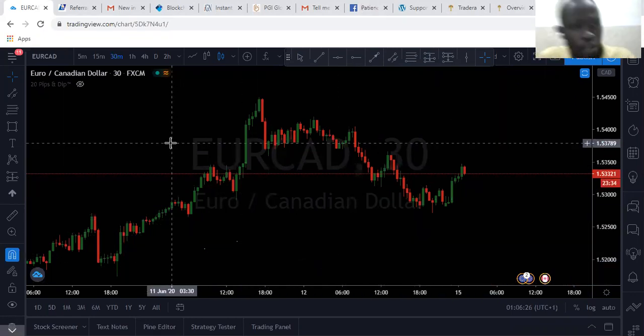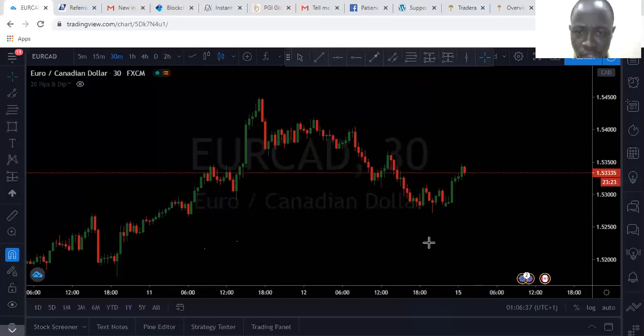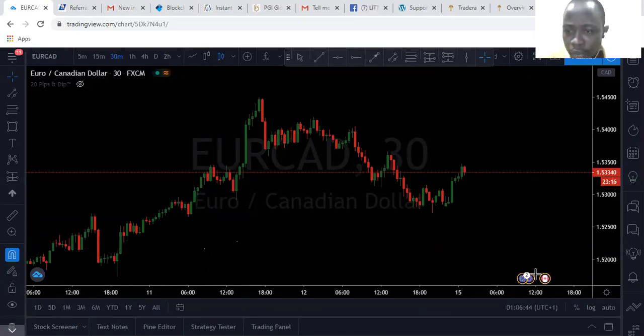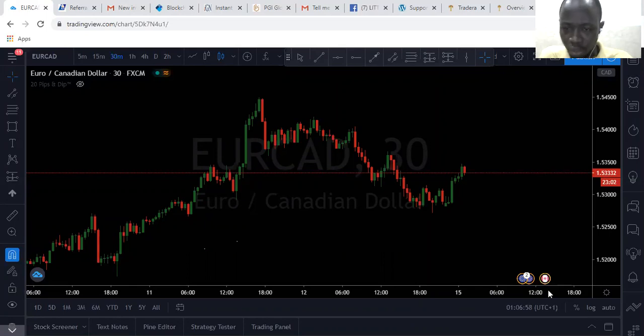So right now I've pulled out Euro card, and like I said to some of the members in the group, what we allow to trade in the Blue FX platform is actually the London section and the New York section. And the London section, if you come to TradingView, the first thing I always advise people to do when you get to the TradingView platform is to make sure that you check your time zone. So you just go to TradingView, check your time zone, and be sure that you're trading according to your